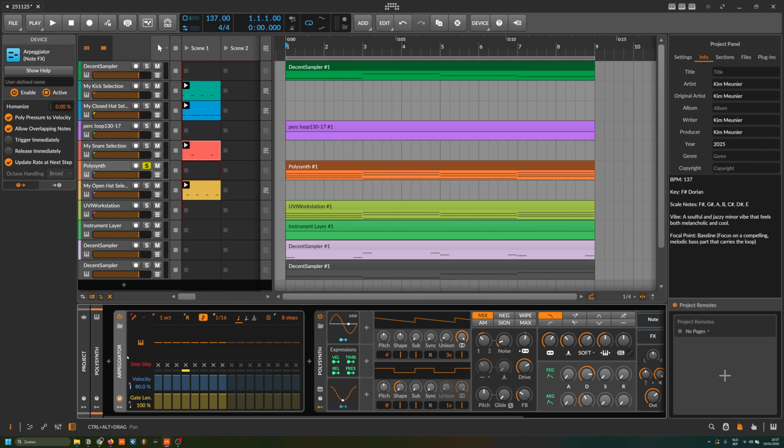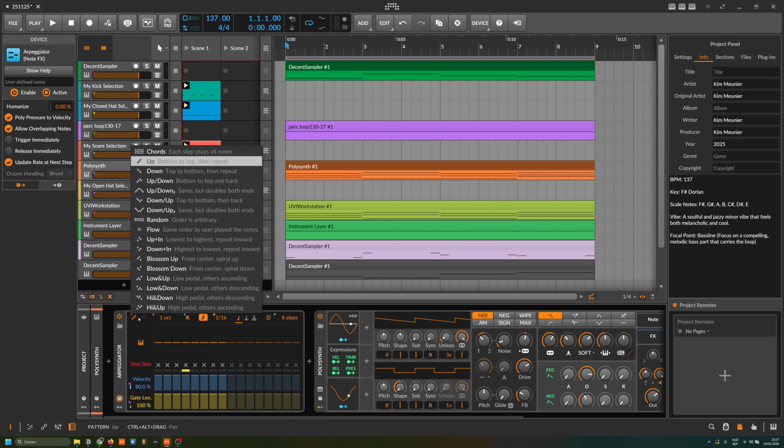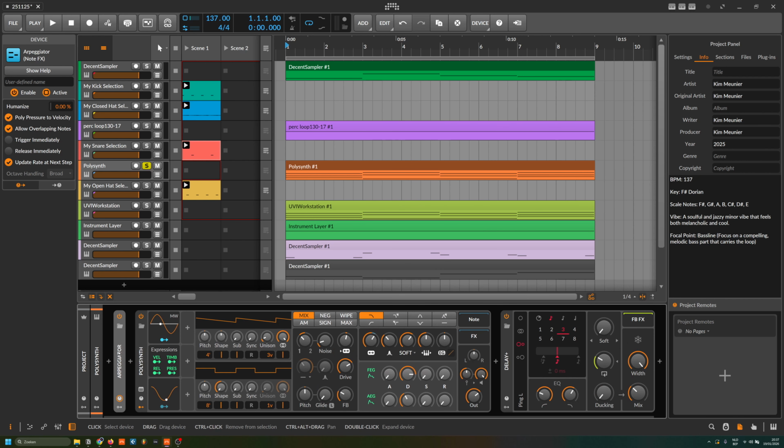Just a normal arpeggiator. I did an only up, so it goes from the lowest to the highest note and goes back to the lowest. We can close the arpeggiator, and then I made a patch from scratch. Very simple patch, I think. Let's see. Yep, very simple patch